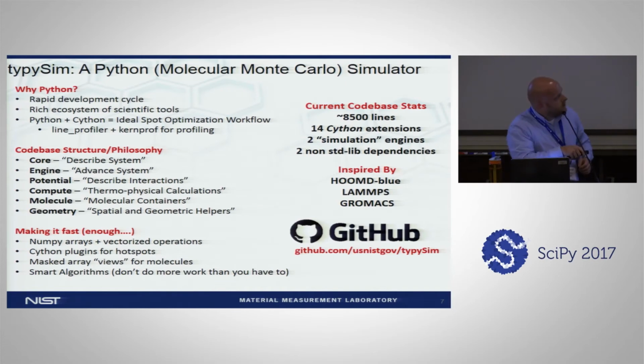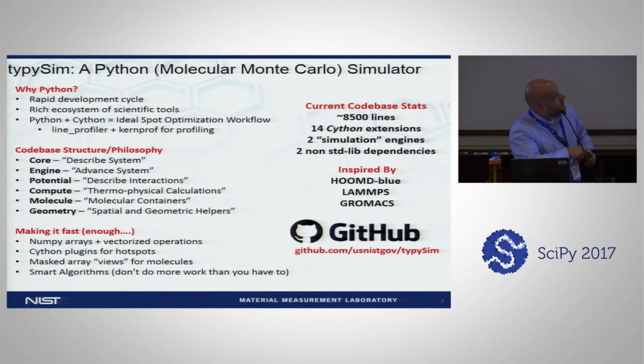I'm going to talk about our use of masked arrays for interacting with chunks of the system. And finally, this was something that came up several times during the development: you shouldn't do more work than you have to. Sometimes if you think about the way you're doing a calculation, you can change it and optimize it and get much more speedup than you would by parallelizing it or doing some other complicated